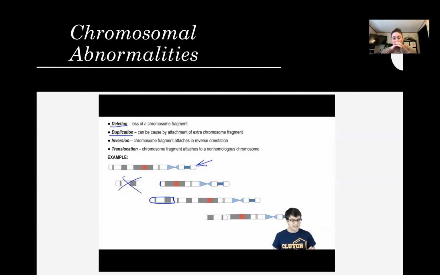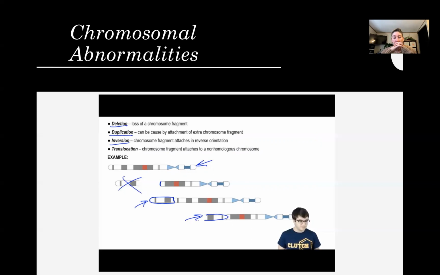that chromosome. In some ways, this can be just as bad as a deletion. It can be just as harmful. Now, when you have a duplication, sometimes that results from a fragment breaking off and being reattached to the wrong chromosome, but that fragment can also be reattached in the wrong orientation, and we call this inversion, where you actually have that fragment, but it gets reattached backwards, as we see here. This is very dangerous, as genes need to be read in a specific direction. So this is going to cause all the genes to be read backwards, and it's going to be very harmful